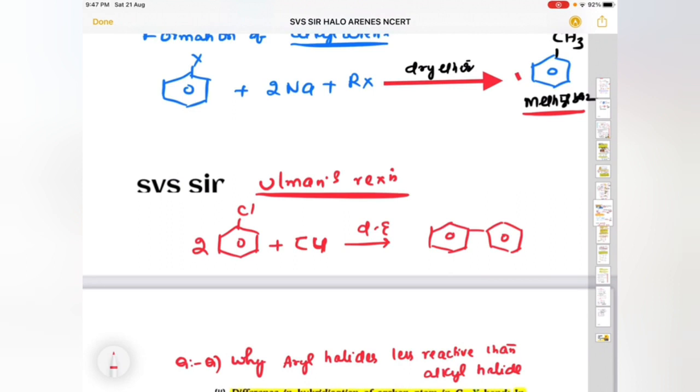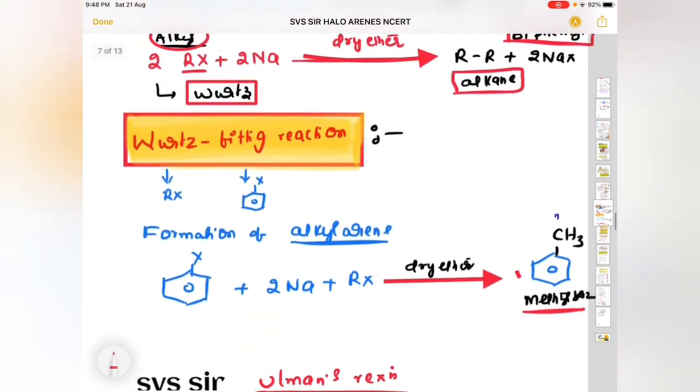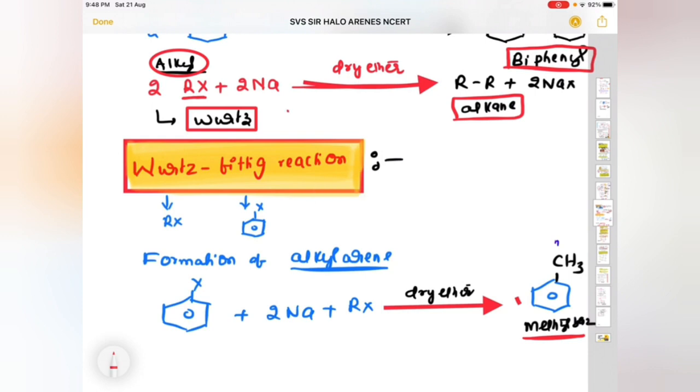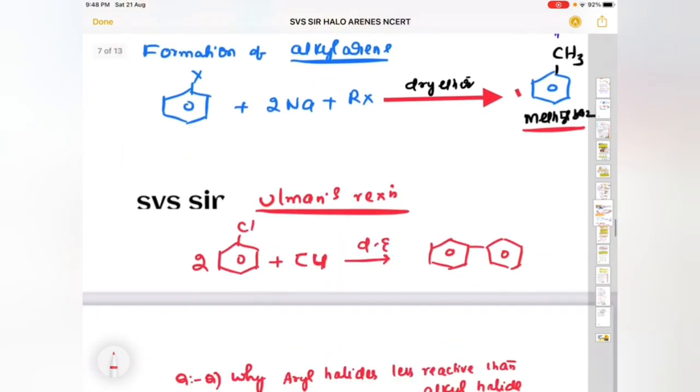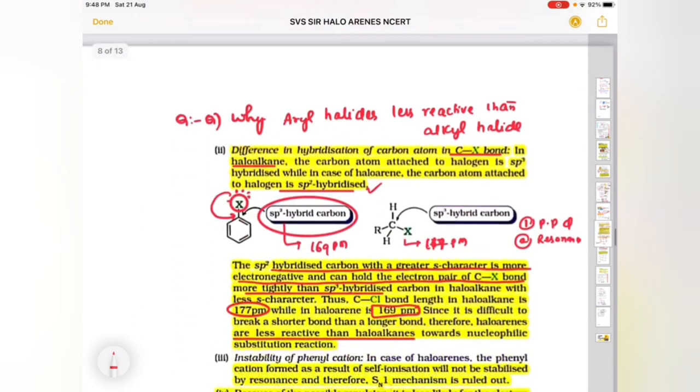Ullmann's reaction. Instead of Wurtz we will discuss Fittig. There zinc metal is used. Instead of Wurtz we can use Frankland. In Frankland, we have to take zinc metal. Here instead of Fittig we can take Ullmann's, but copper metal we are taking.